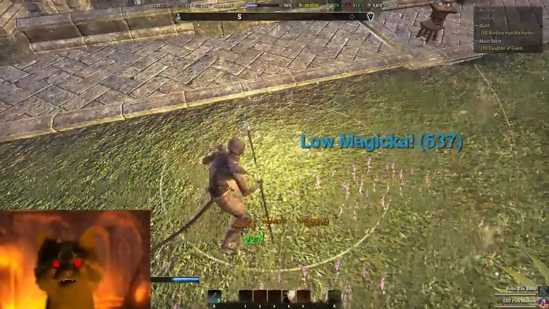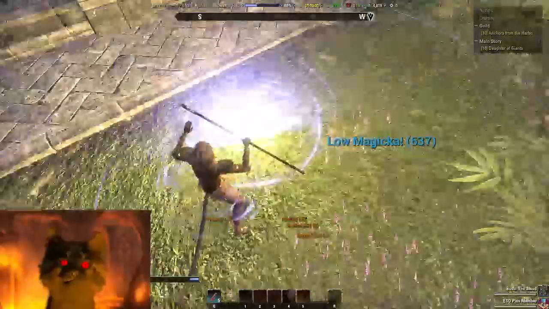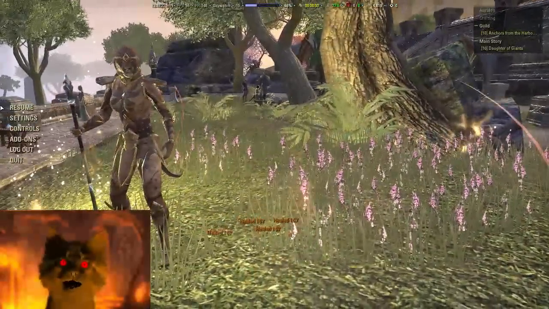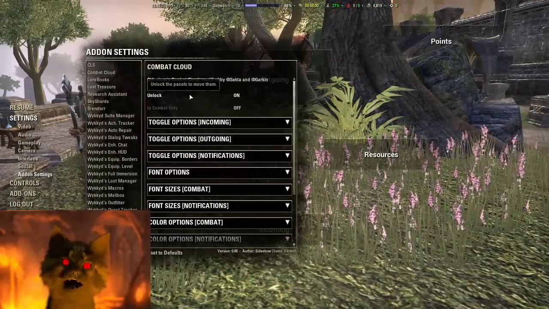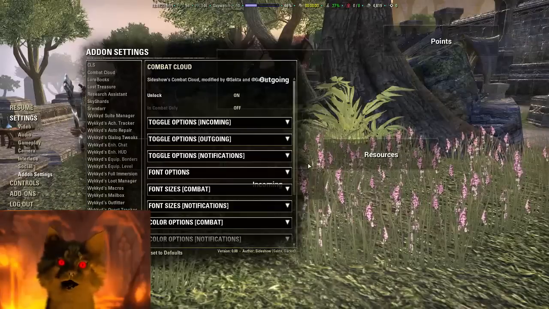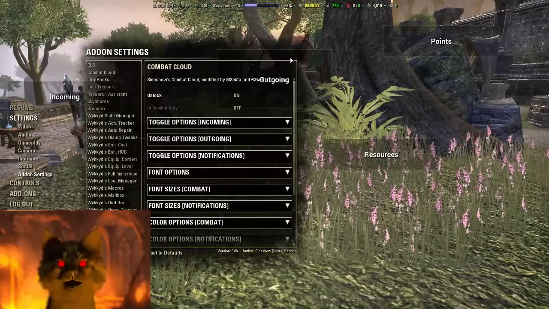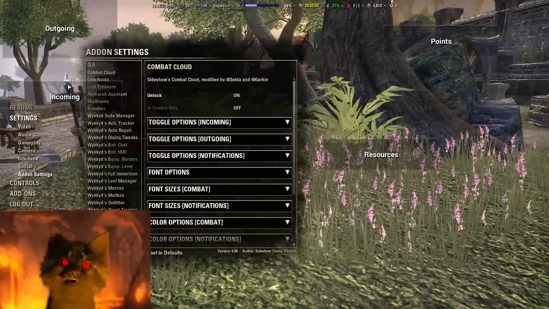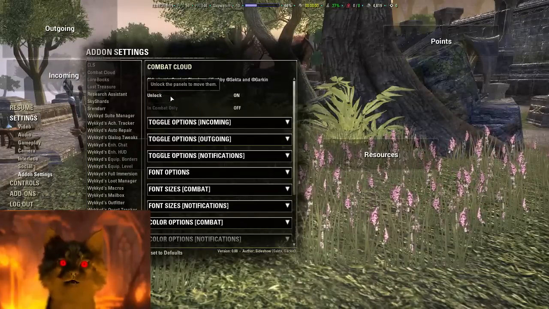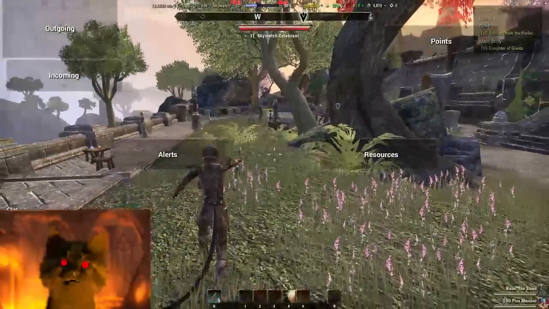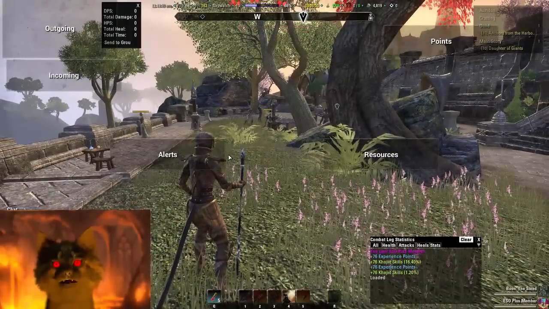Now, these numbers here are hidden, right? You don't see them. You don't see a bar here to move or anything like that. Now, you go back into settings here. Add-on settings. You go to unlock, and oh look, you get all the stuff here. And I'm going to just kind of move this over here, move this over here. If I don't hit off on that, when I go out of here, I can still move these around, so